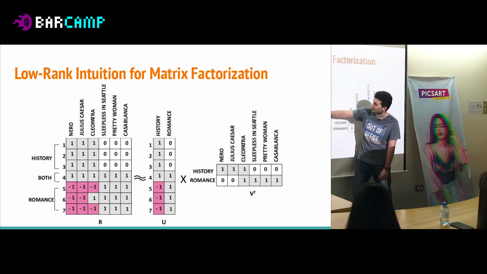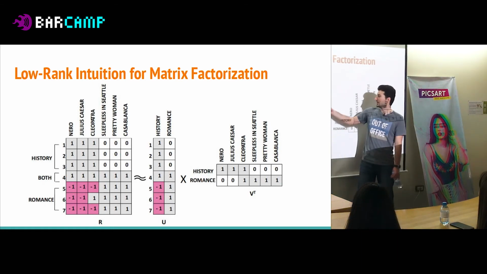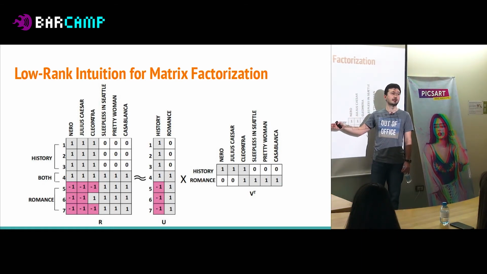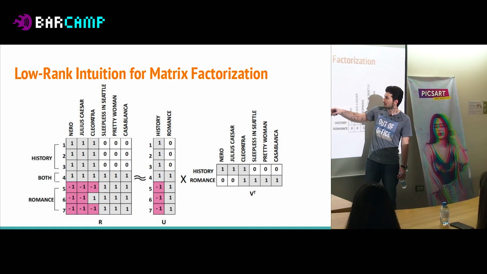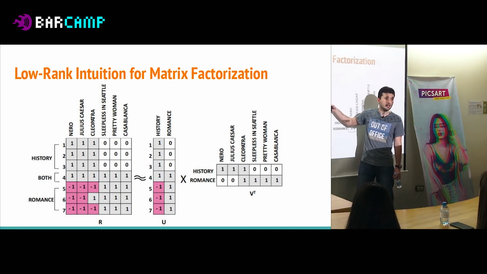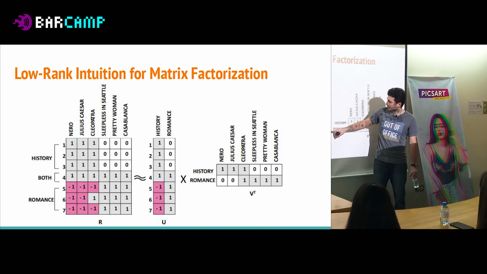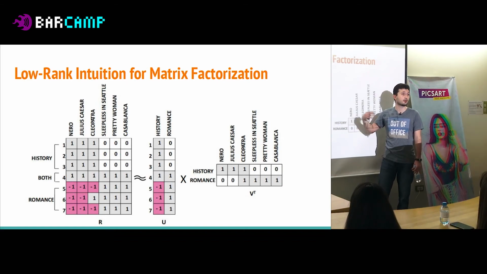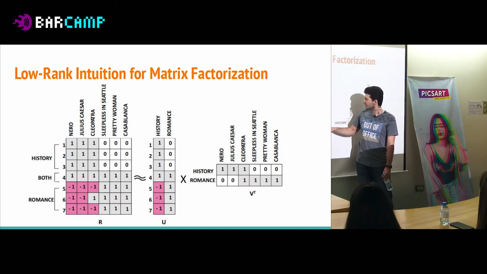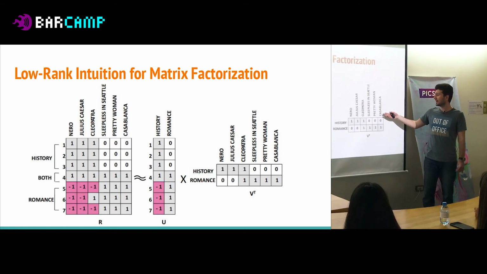And we can see clearly the first 3 users who showed a high degree of interest in historical movies have a high value for the first latent factor. And by the way, we call them latent factors. And small values for the romantic movies. The same is true for users from romantic groups. They have a high value for the latent factor that is responsible for representing romantic movies, and a small value for the historical. The same is correct for items.